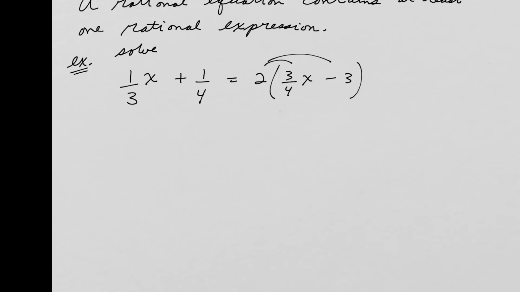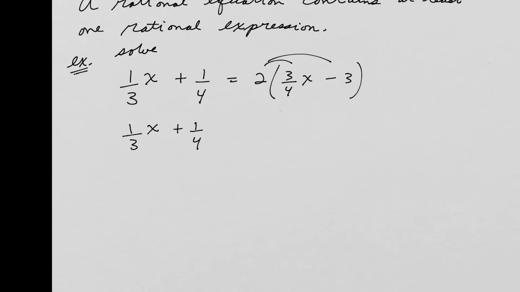Let's say this is my equation I want to solve. 1/3 x plus 1/4 equals 2 times 3/4 x minus 3. Okay, so first thing we should do is probably distribute that 2. So multiply both terms by 2. So I'm going to have 1/3 x